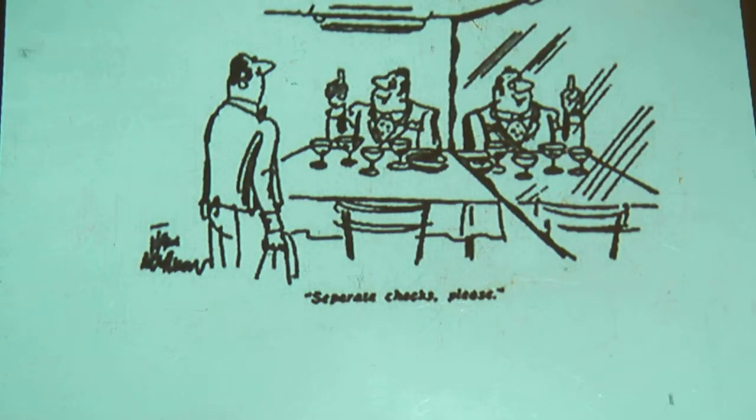Alright, we're going to start off with this cartoon. "Separate checks, please," the guy says to his own reflection. I wonder what that was. Could be that he doesn't realize that the man sitting at the next table is his own reflection. Perhaps he doesn't want to pay for all he drinks because he was irritated by observing that the other person copied everything that he did during the meal.